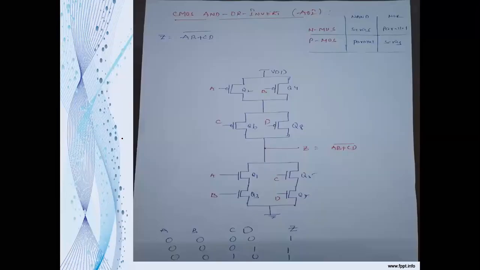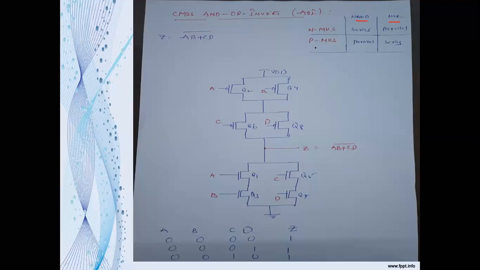So here, let's see this one. What is the given function here? (AB plus CD) bar. Basically it is a 2-level logic circuit, but we are trying to implement this circuit in a single level of transistors. What is a single level? All these transistors come under a single level of transistors. Now let's see how we can build up the circuit here, and before that, let us summarize again the NAND gate and the NOR gate.